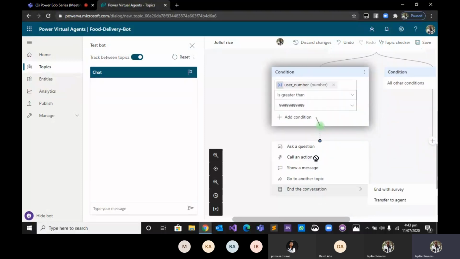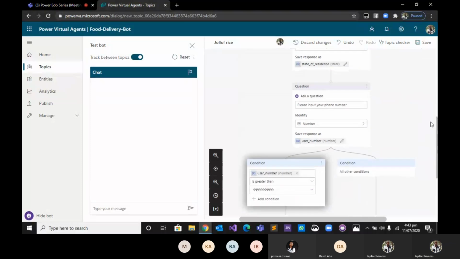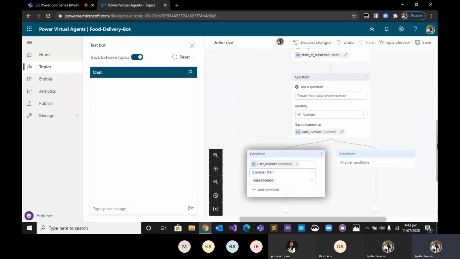Sorry, let me reduce this so you can see how it goes. So I'll take this back here, and it asks the user to please input your phone number, or you can create another message under it, and maybe to differentiate it, you can tell the user to input a correct phone number.